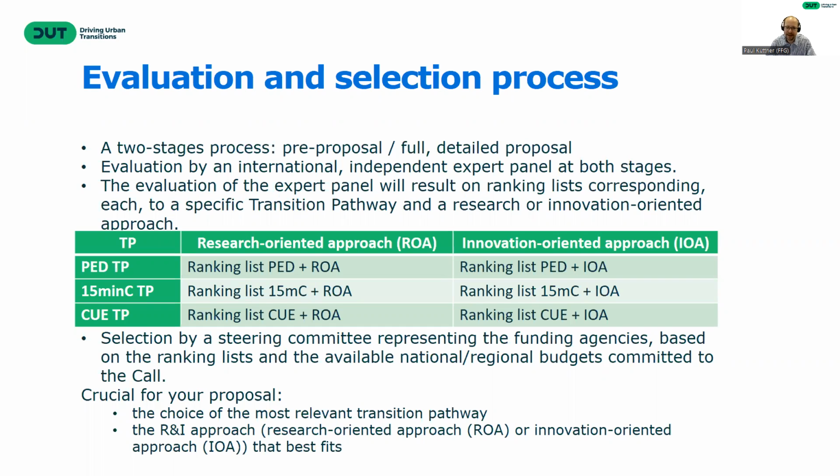You find all details in the call text itself, and this is just a short overview. So this call follows a two-stage process with a pre-proposal stage and a full proposal stage, giving you much more room in the full proposal stage to actually present your proposal. Your proposals will be evaluated by an international independent expert panel at both stages, and this evaluation will result in